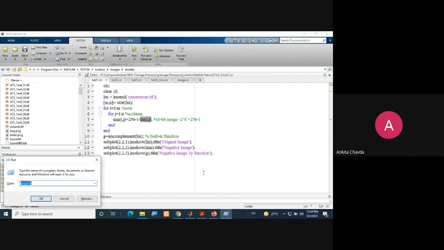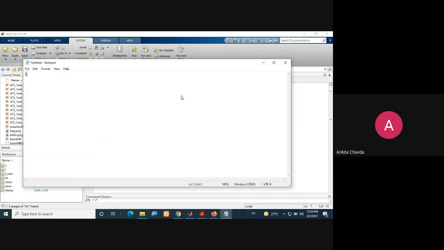If I am having an array like integer A of 10 cross 10, I'll take a for loop for i equals 0, i less than the number of rows, and another for loop for the column, j equals 0, j less than the number of columns. If I want to access a particular element, say on the second row and the fifth column, how will I write it?